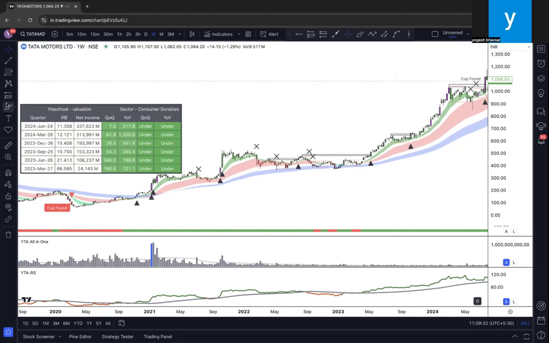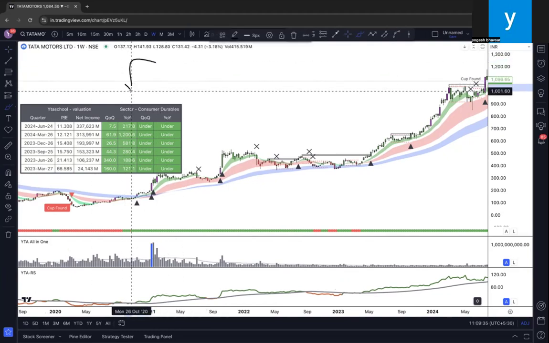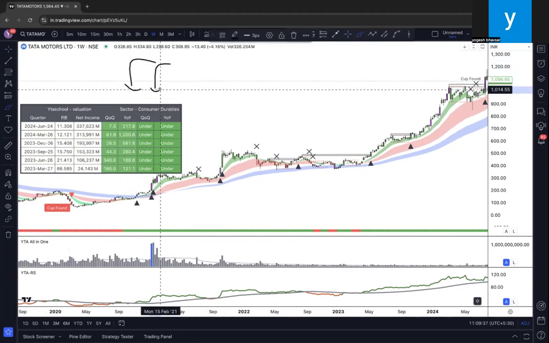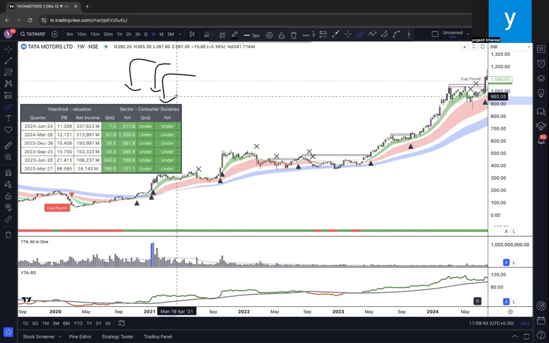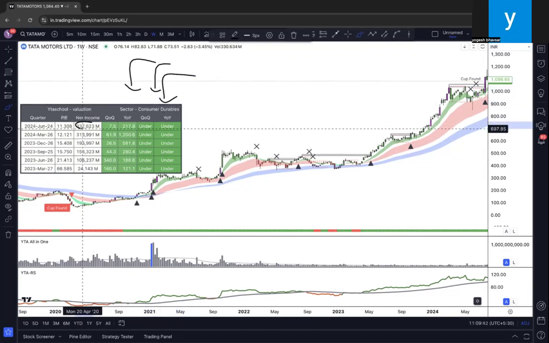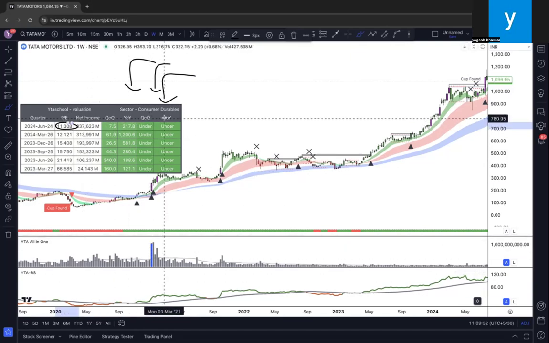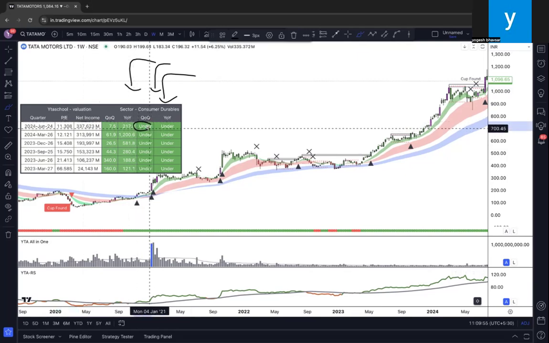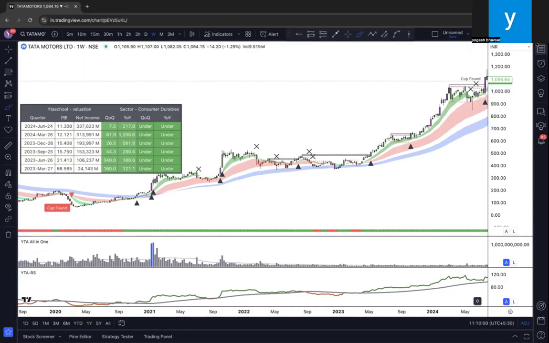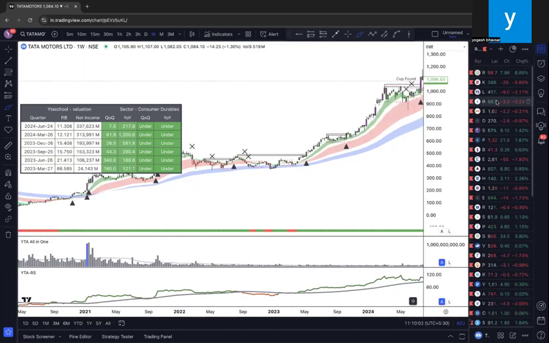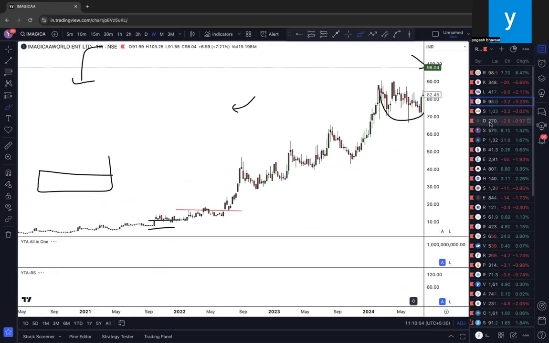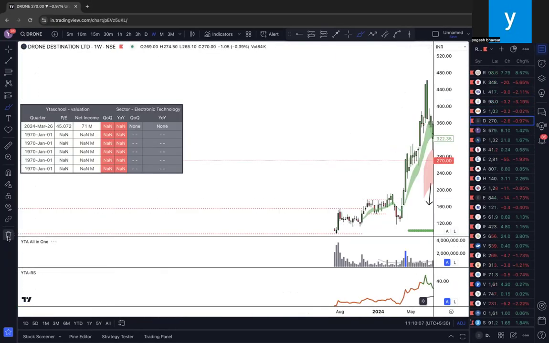Now, what is the importance of this valuation indicator? This valuation indicator takes into account only net income and PE ratios. This PE ratio and net income calculate against each other, and the system comes out as undervalued or overvalued. Now, this is coming as undervalued. Let us see a good company example so you all know.